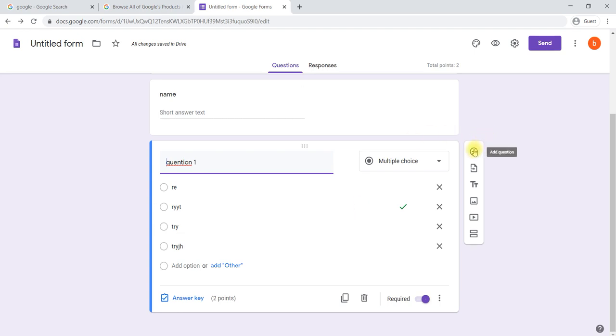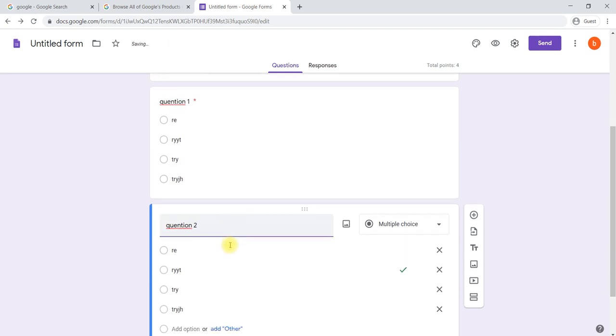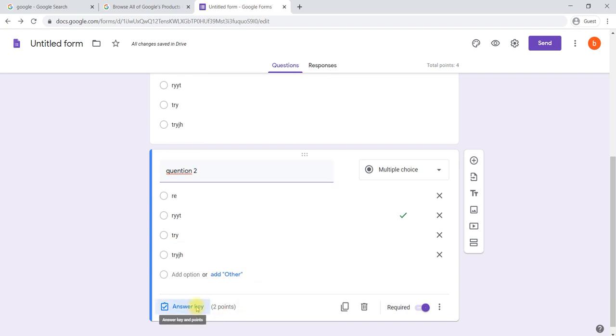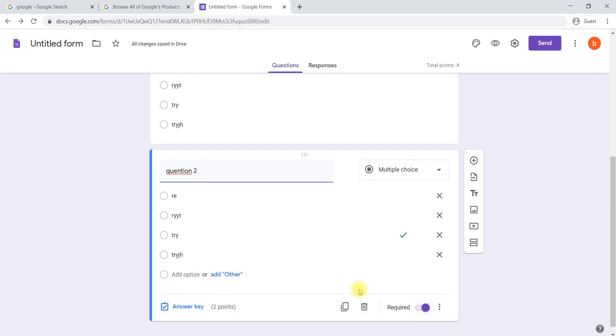For example, I will add another question by copying this one. I'm saying question number 2, and in the answer key, I'm saying this one is the answer, not that one. This one is the answer, 2 points, done.